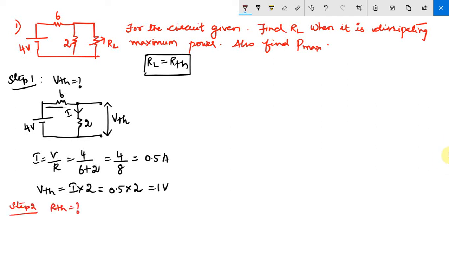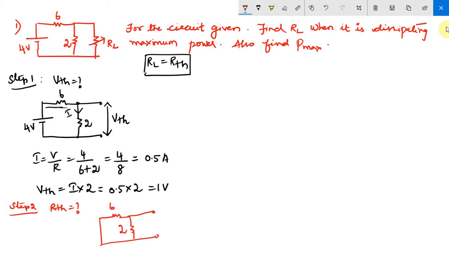So how can we find RTH? What is the procedure we have to follow for RTH? Your circuit should comprise only resistances. So we need to remove the load by open circuiting, and at the same time we have to remove the sources also. Since here we have a voltage source, we have to remove it by short circuiting. So remove your load by open circuiting and remove your source by short circuiting. Now redraw your circuit for the RTH calculation: remove the source voltage by short circuiting, keep all other resistors, and remove your load by open circuiting.